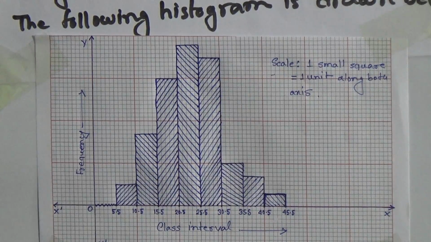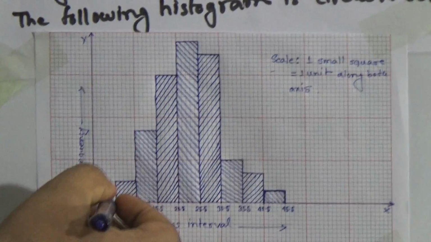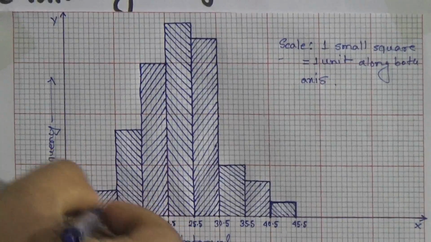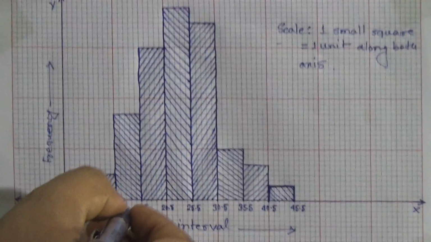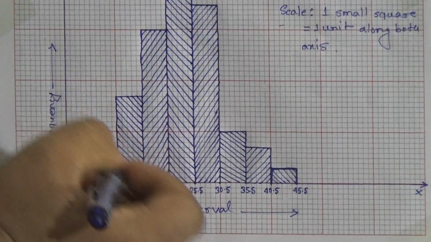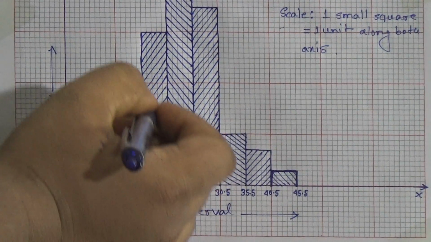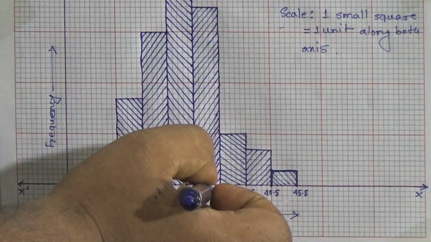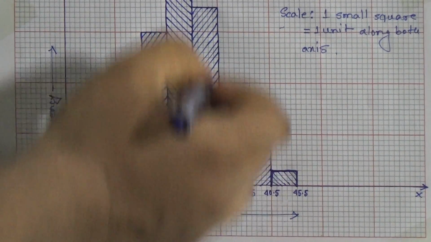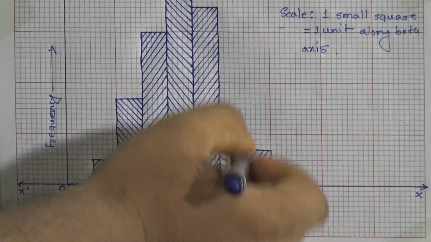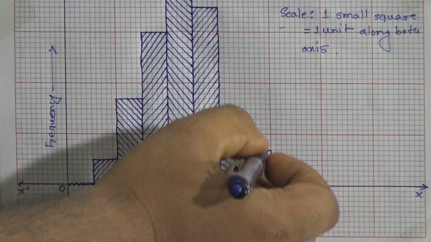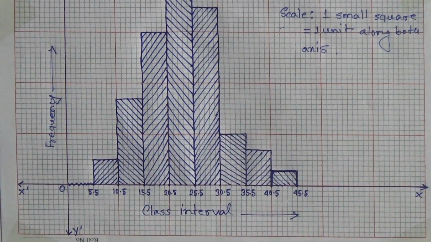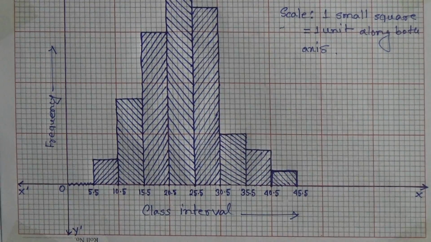45.5. Then in this interval the frequency is 5, so first draw this one, then 10.5, this one is 17. In this interval the frequency is 30, in this interval the frequency is 38, in this interval the frequency is 35, in this interval the frequency is 10, in this interval the frequency is 7, in this interval the frequency is 3. Okay, my dear student, this is the